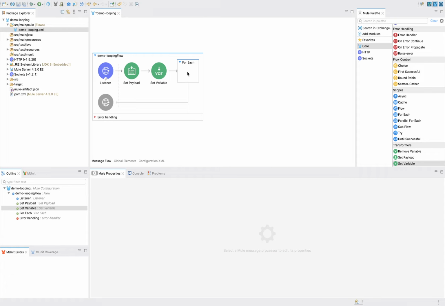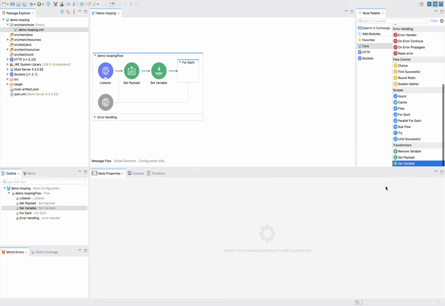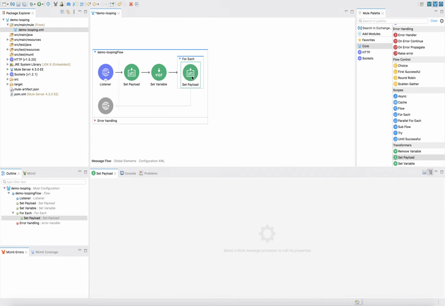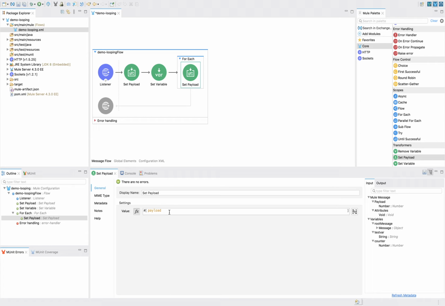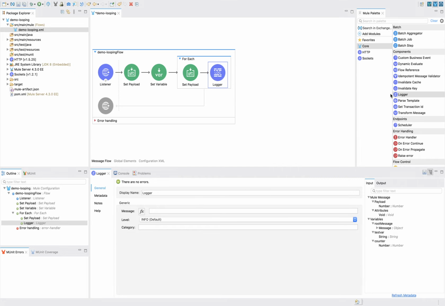Now inside for each, what we will do, we will set payload here, and the value will be payload plus 10. Okay, and I will add 2 loggers to understand how this payload behaves.